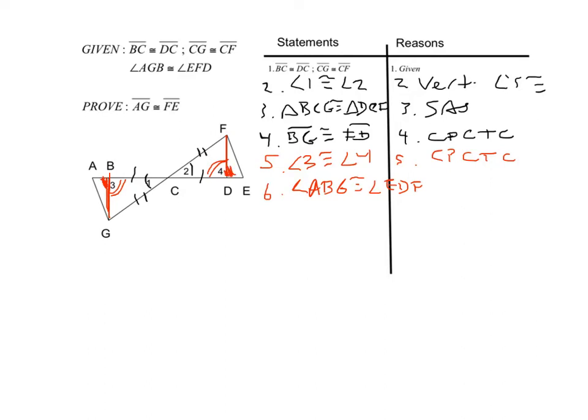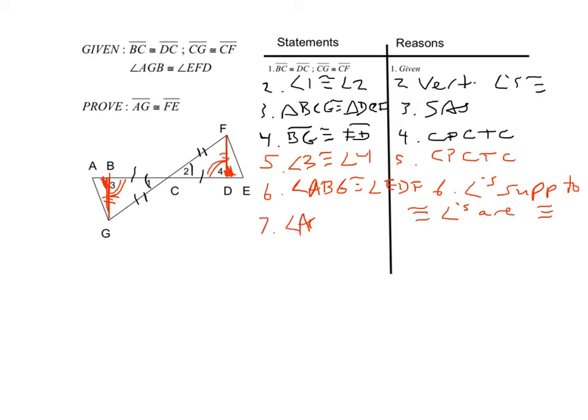Hopefully you're noticing supplementary angles, and we know that angles supplementary to congruent angles are congruent. So now we've got sides congruent, angles congruent, and with our next piece of information, our given that